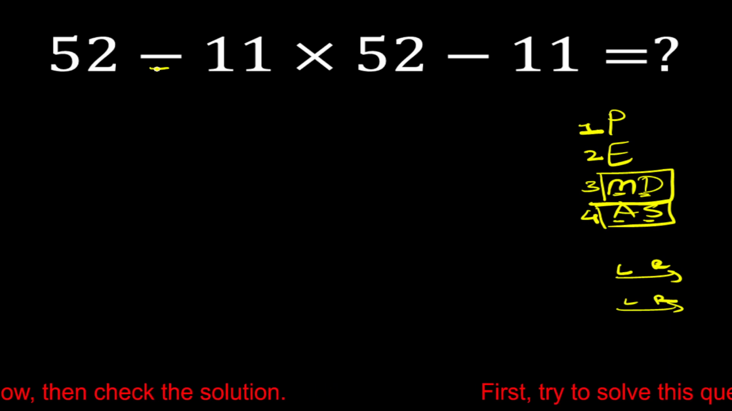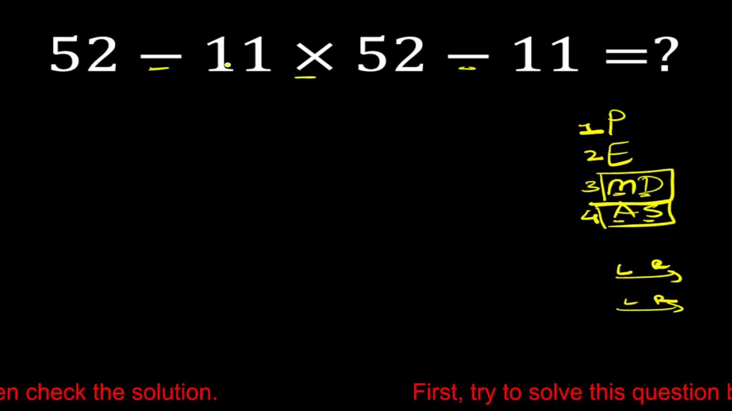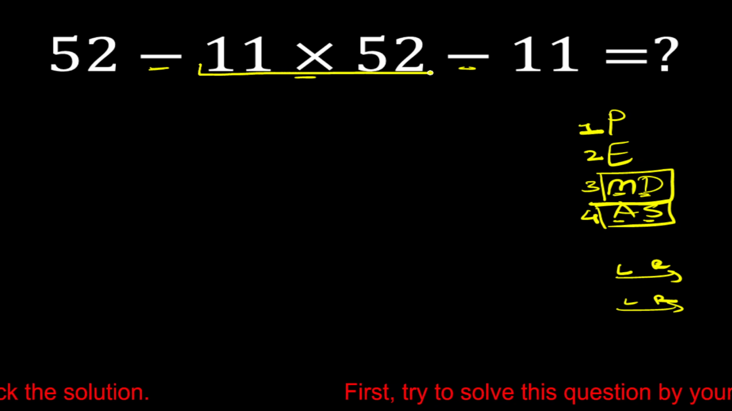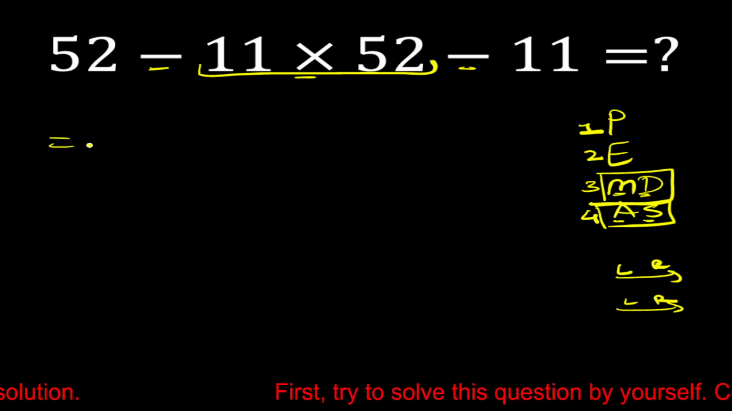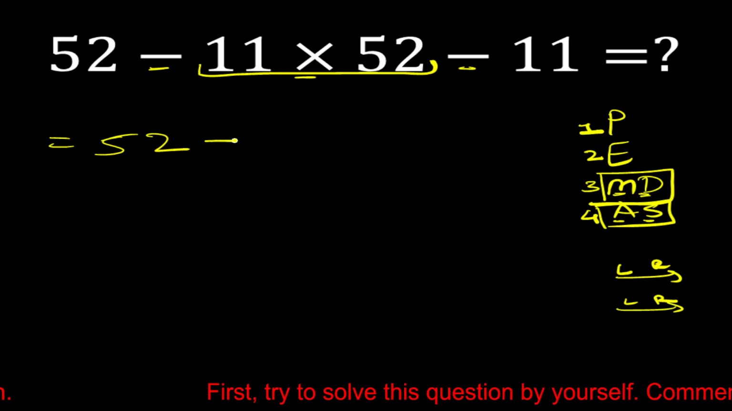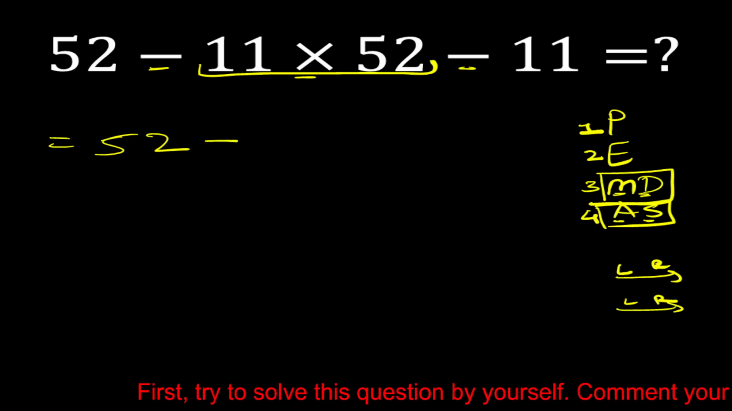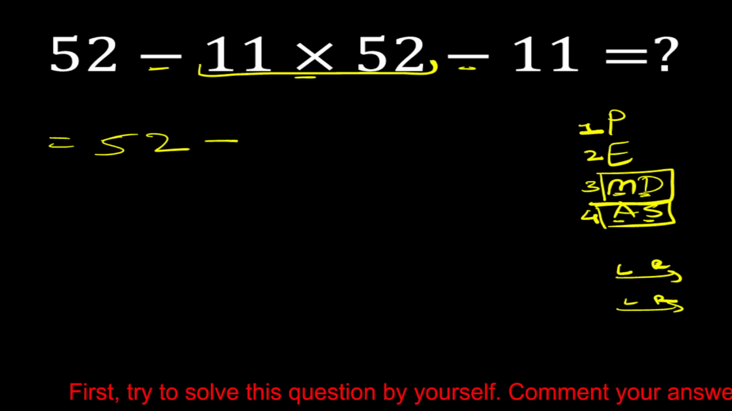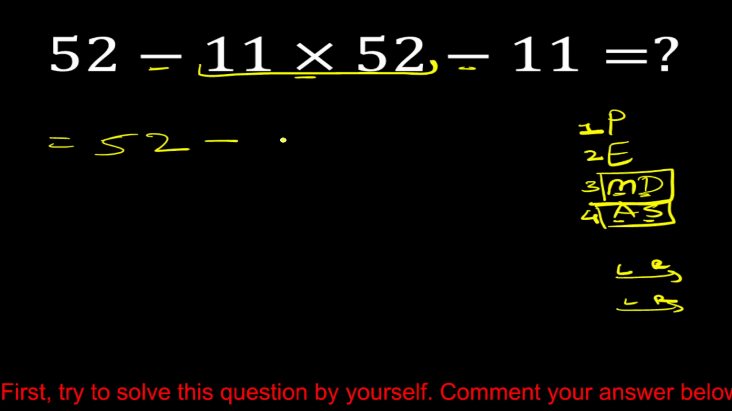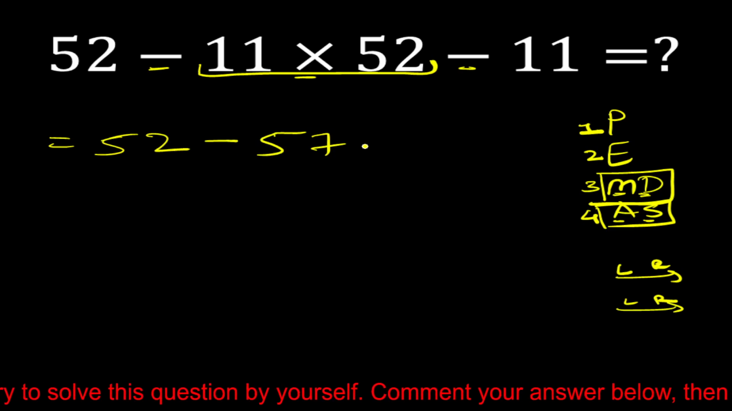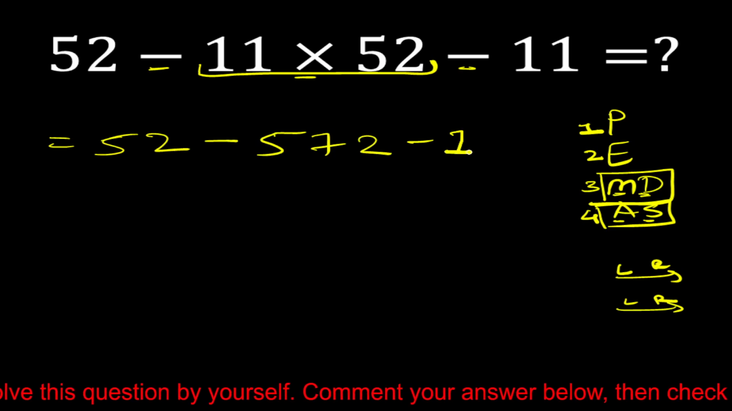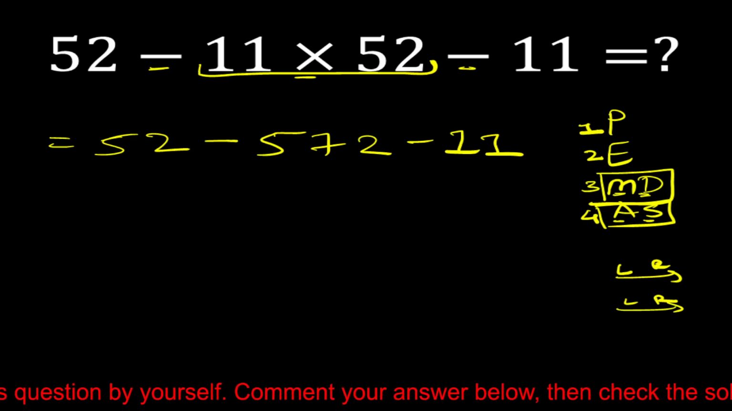Okay, so here is subtraction, here is multiplication, and here is subtraction. First we have to solve this multiplication. Okay, so is equal to 52 minus, now 11 multiply 52 is equal to 572 minus 11. Okay, so now